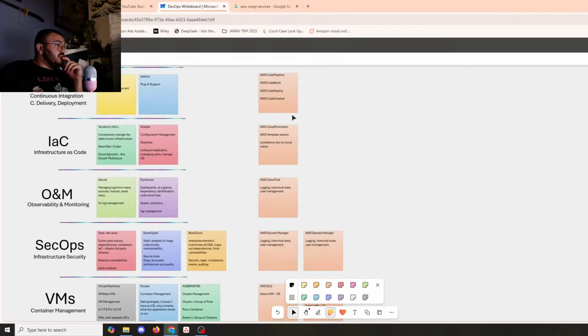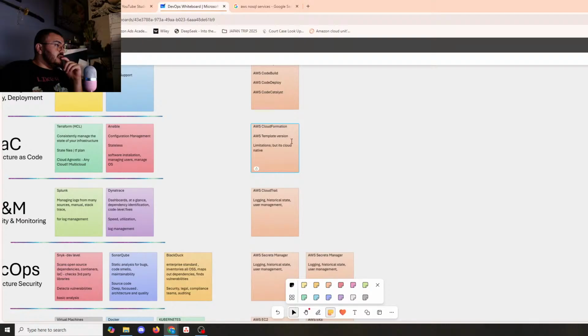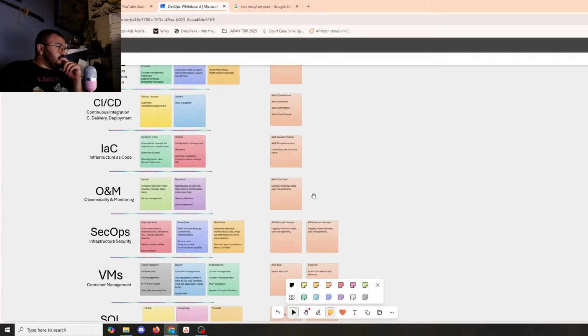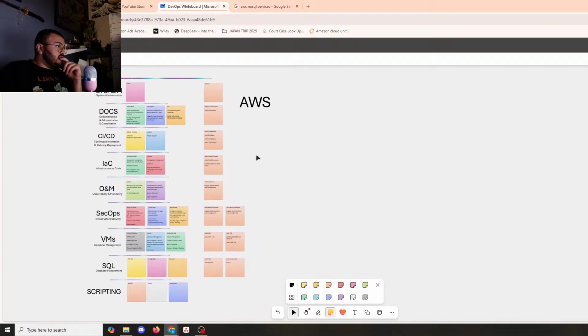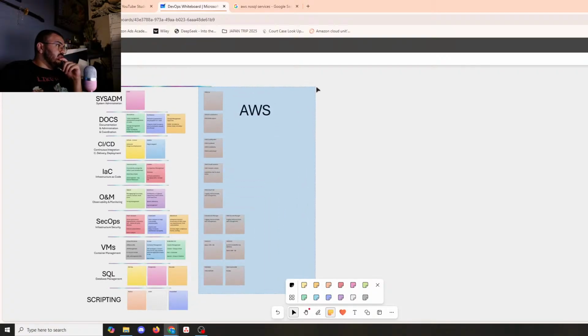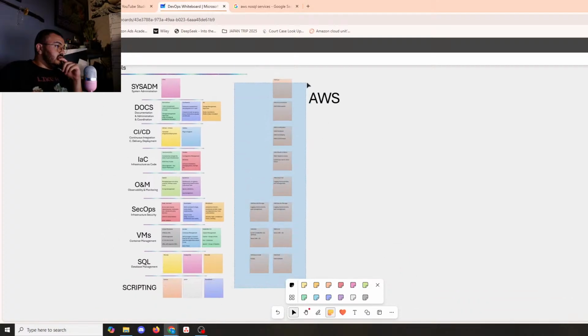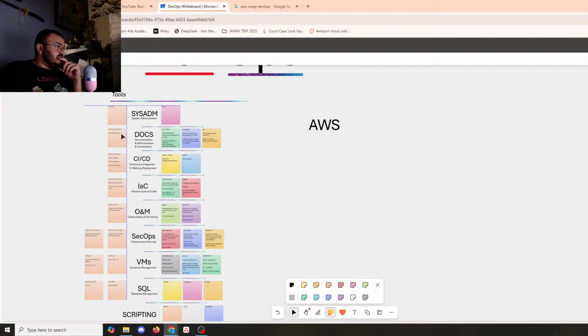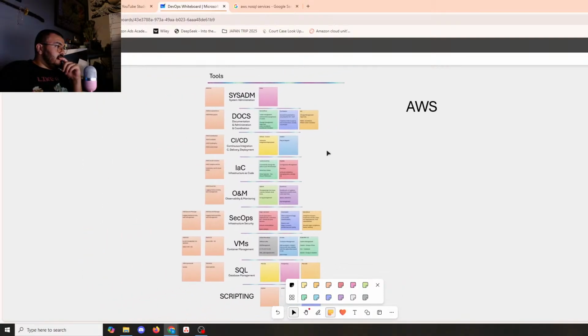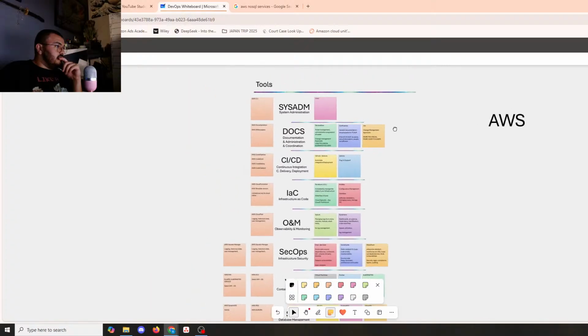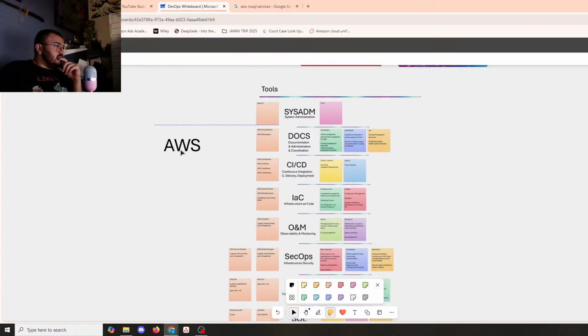However, where did I put Terraform? Yeah, we have CloudFormation. So there are AWS equivalents for all of these pretty much. So I might even do this and this and put it on that side. Yeah, I'll take that. So we have AWS, and then on the other side of AWS we can have